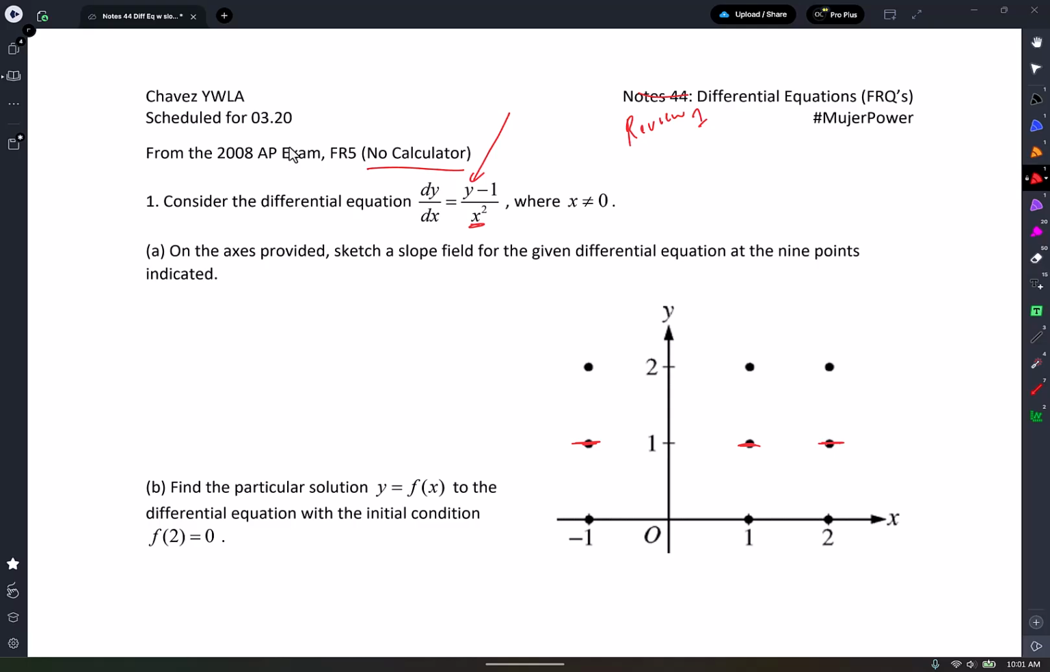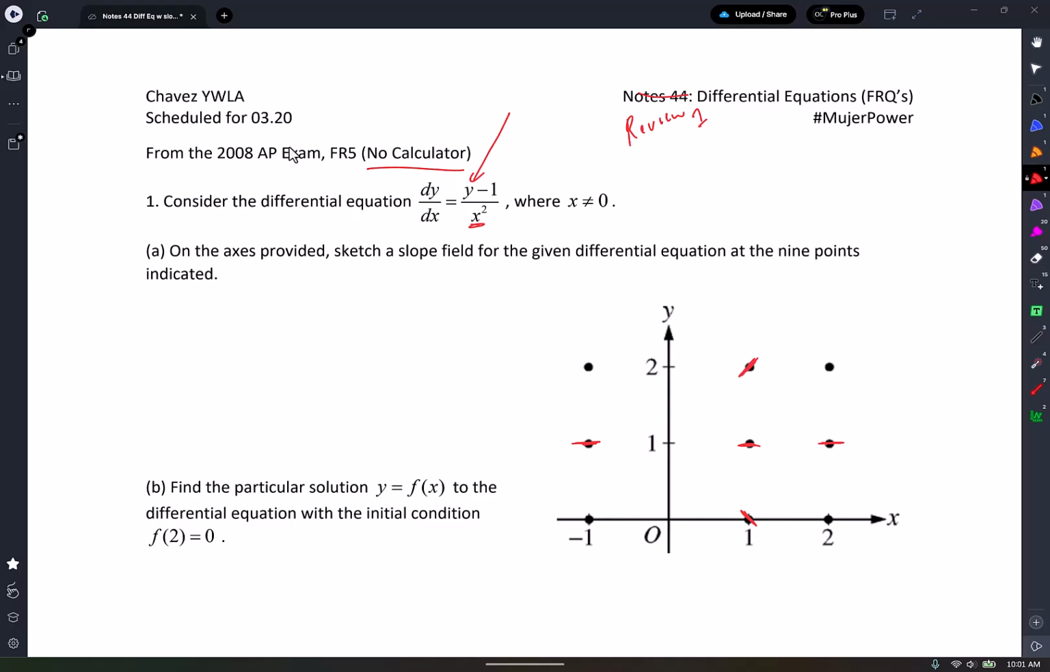I'm going to hold x equal to 1. So I'm looking at this one right here at 1, 0. And I'm just going to plug in. So if I plug in 1, 0, negative... 0 minus 1 is negative 1 divided by 1 squared. That's going to be negative 1. So put a slope like that. See? And if I'm at 1, 2, 2 minus 1 is 1, and a 1 divided by 1,